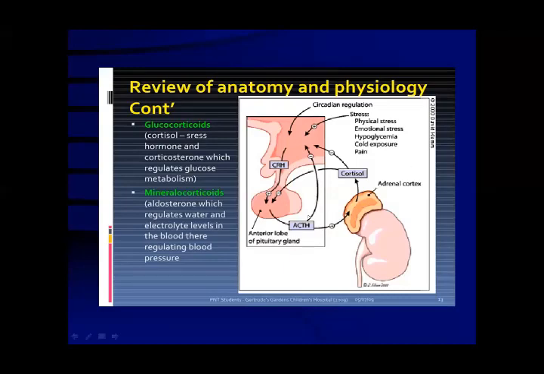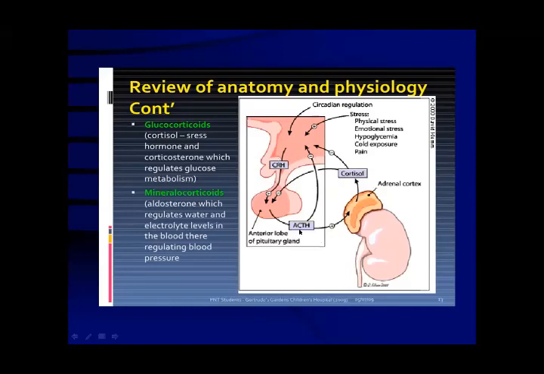So cortisol will be released, and if there is an excess of cortisol, it will send a negative feedback to the hypothalamus. And if there is low cortisol, it will send a positive feedback. Positive means it is required for more hormone release. Negative means telling it to stop secreting hormone. So I think this picture is good enough to make you understand what is positive, what is negative feedback, and how the cortisol is being secreted by the adrenal gland. So this is the cycle by which the cortisol is under control.